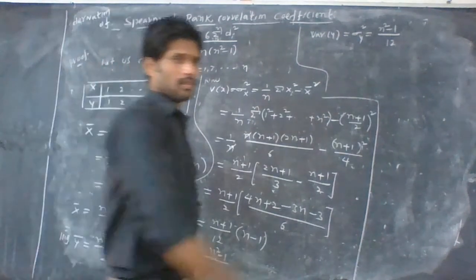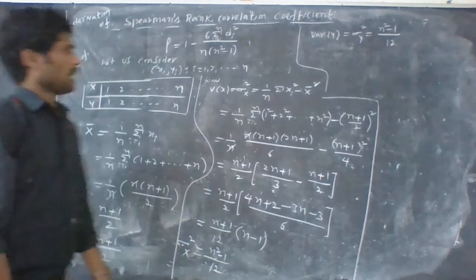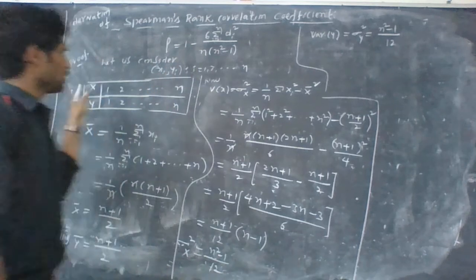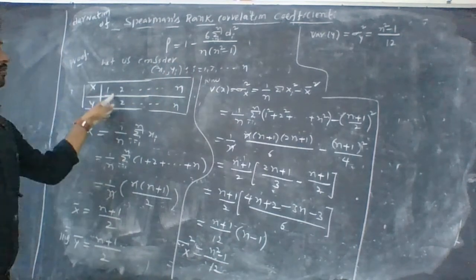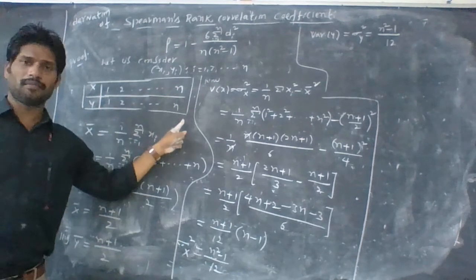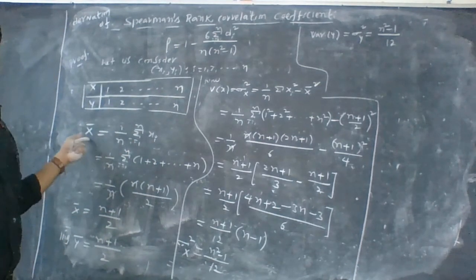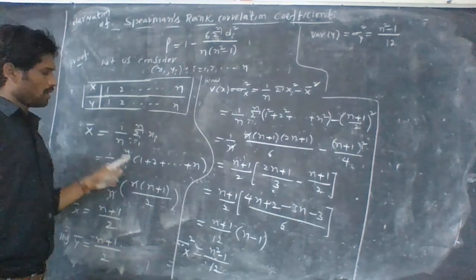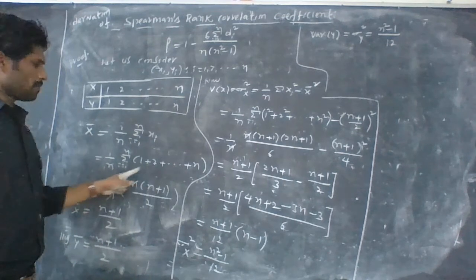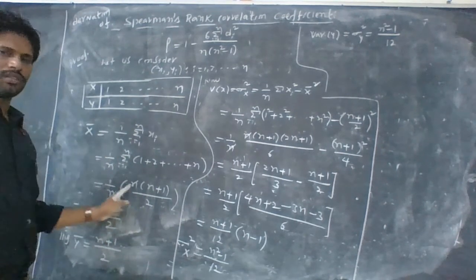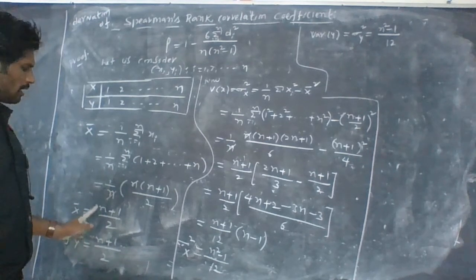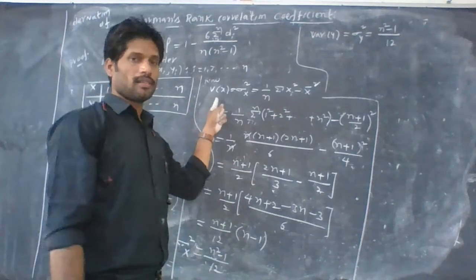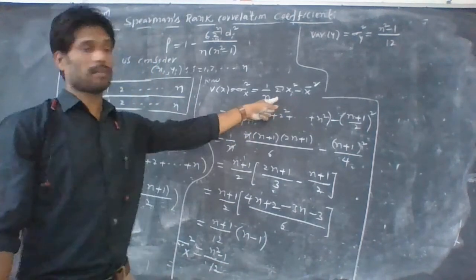Now next we go to the deviation part. First take up the deviation part. Once again, x and y are 1 to n. Now calculate x bar, the arithmetic mean. The formula of arithmetic mean is 1 by n summation xi, which is 1 by n times 1 plus 2 and so on to n. The sum of the first n terms is n into n plus 1 by 2, the n cancels, and you get n plus 1 by 2. Again y bar is also the same, and now calculate the variance. The formula of variance is 1 by n summation x square minus x bar square.